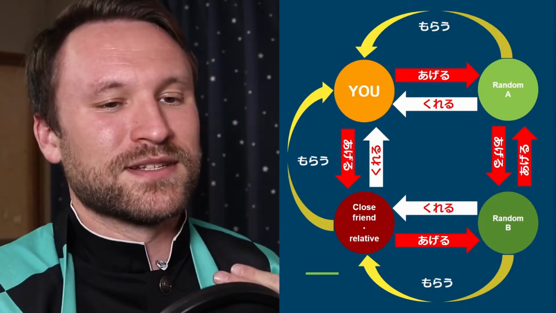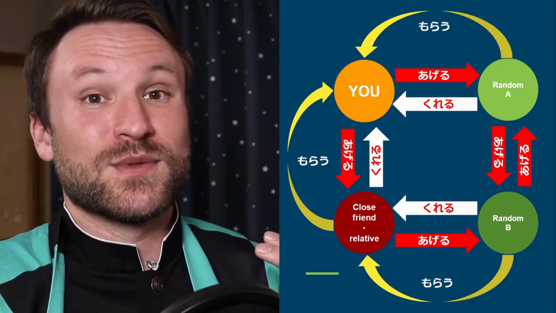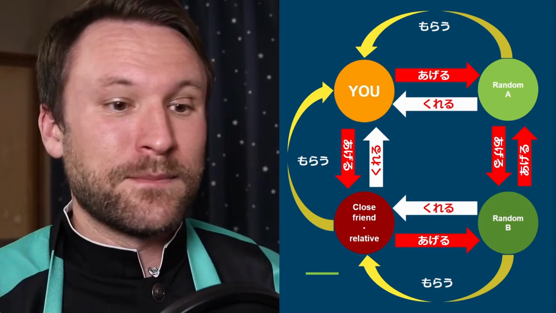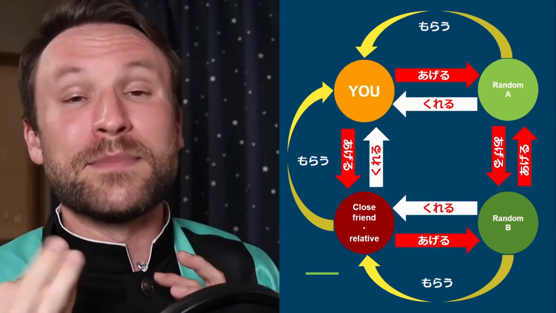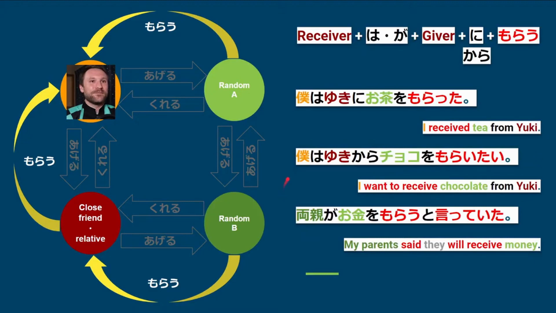When you give something to someone, you do that from your perspective. So that's how you need to describe it in Japanese. In English, we can mess around with perspectives. We can manipulate them more. But you can't in Japanese. But suffice it to say that morau and kureru can be used in the exact same